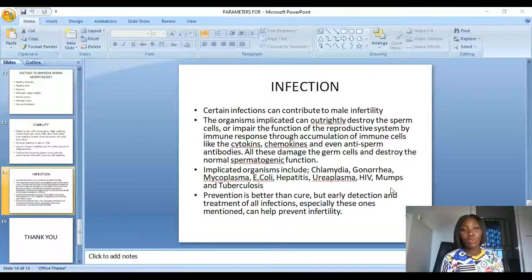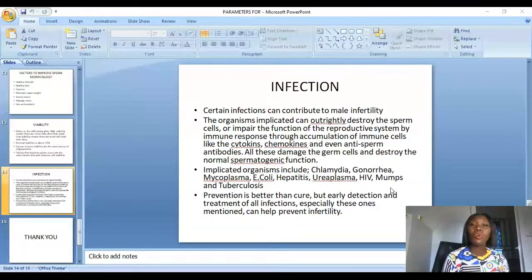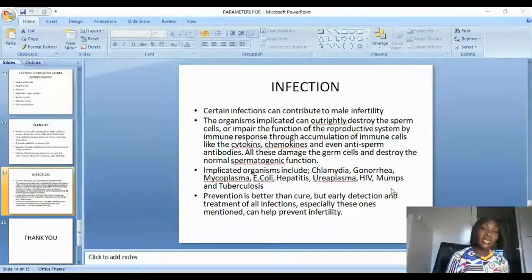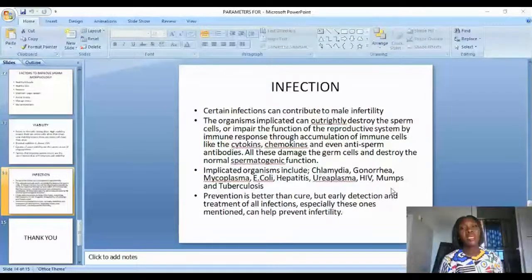Then, of course, finally, tuberculosis. Tuberculosis is another organism, that is Mycobacterium tuberculosis, that is the name of the organism. Tuberculosis as an ailment can damage the testis and cause poor production of sperm cells or outrightly poor sperm health. So prevention of infection is definitely better than cure. If there is a way you can stay without getting the infection, please. But where there is infection already, early detection and treatment, especially of these ones mentioned, can help prevent poor sperm health and, by extension, infertility. This is the end of